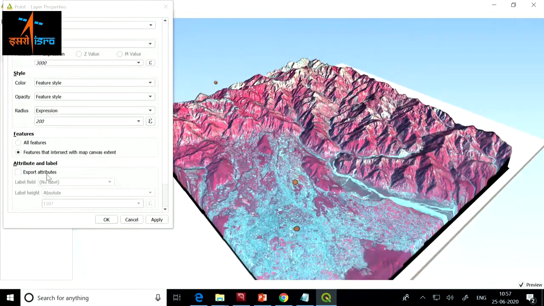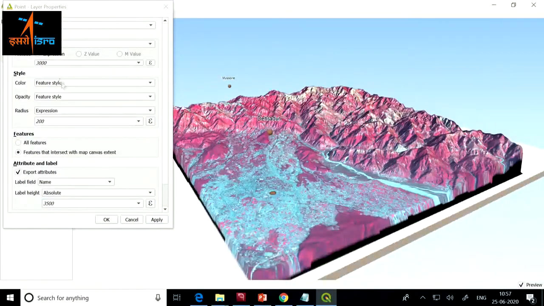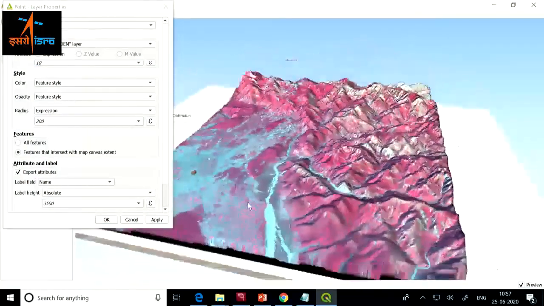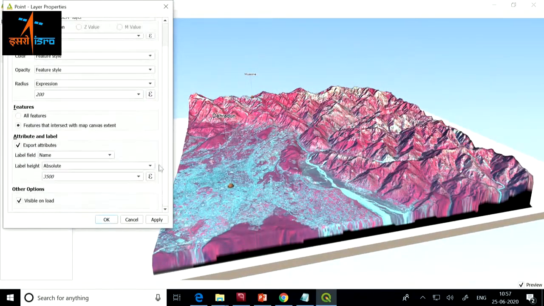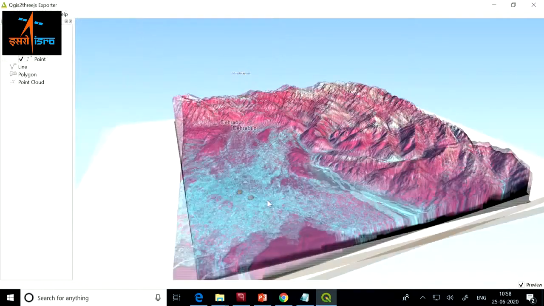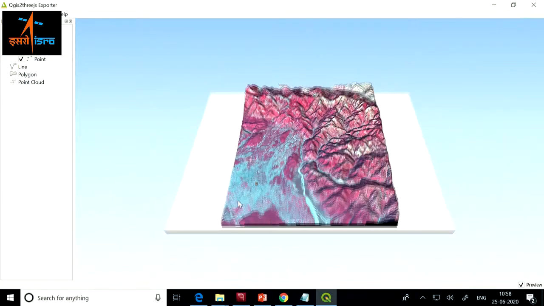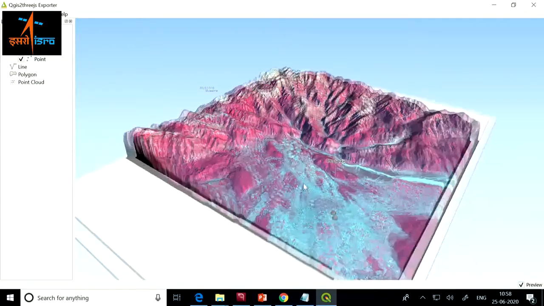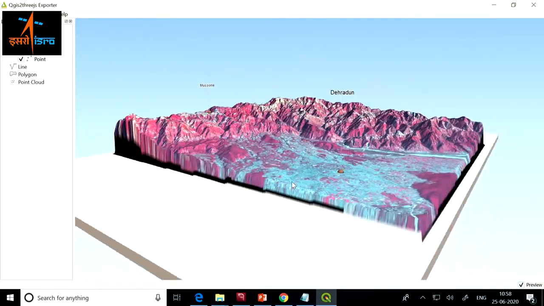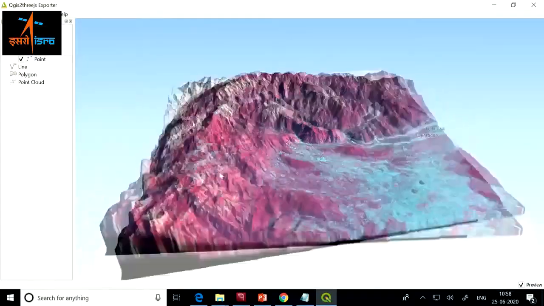I want to add labels to it. I want to add a label to it at a height of 3500 meters. So you see, or let's say reduce this height. Let me put the sphere on the ground and the label in the sky. Superb. Wonderful. Now I see that I have this great visualization which shows the two cities, Dehradun and Mussoorie. The labels are nicely up in space with the sphere on the bottom showing.